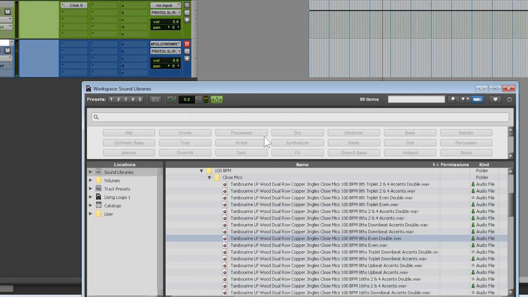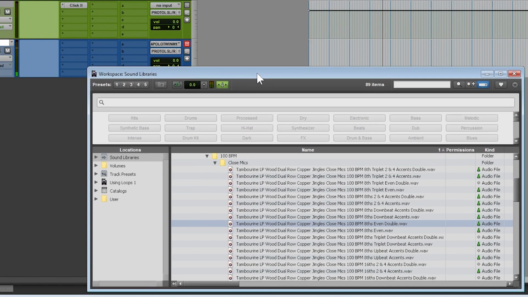Okay, very nice. One thing to note here is that I actually had the conform to session's tempo button highlighted. So we were actually listening to these loops at 110. This is a really powerful button that allows you to audition the loops that you're thinking about using at your session's tempo. Without this, just to show you,